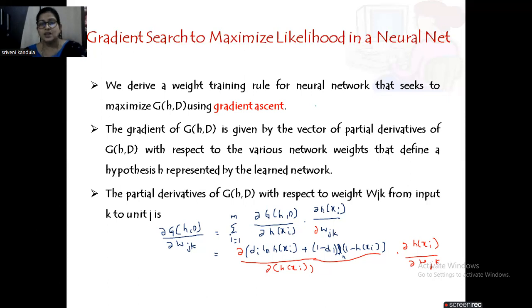Let us apply the same concept: the partial derivative of G of h comma D with respect to weight wjk. Whenever we write wjk, since we are backpropagating, it is from input k to j. So it can be written like this: sigma i equals 1 to m, dou of G of h comma D divided